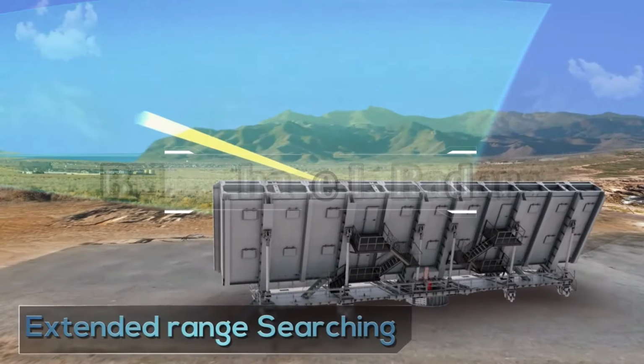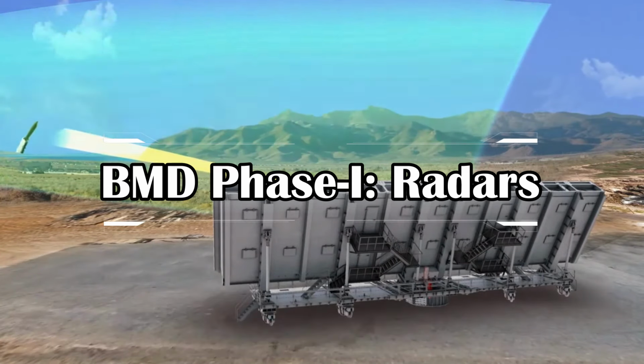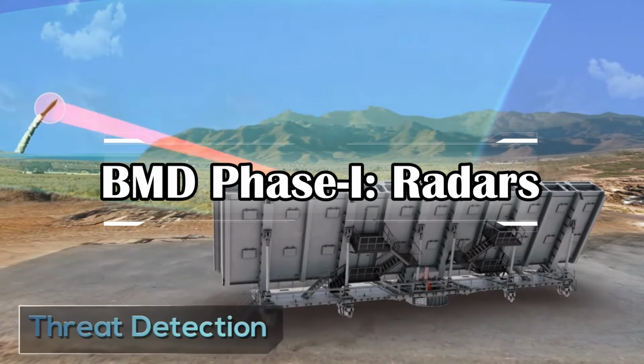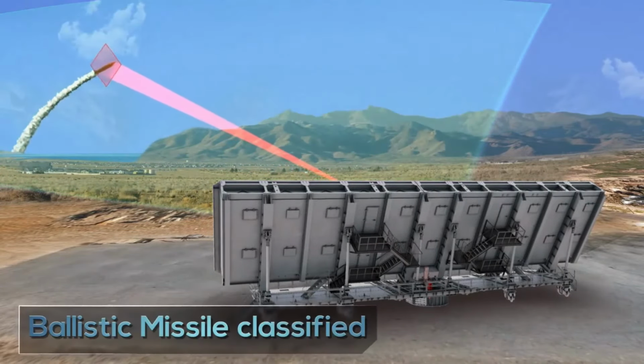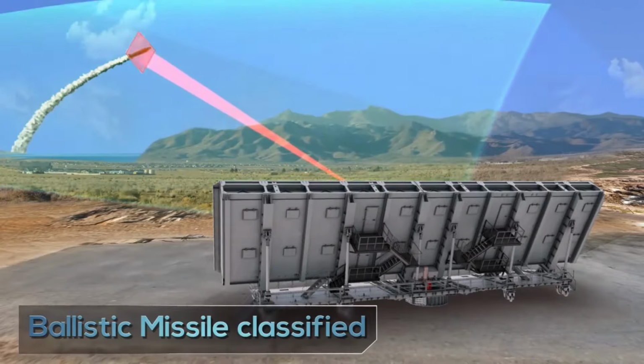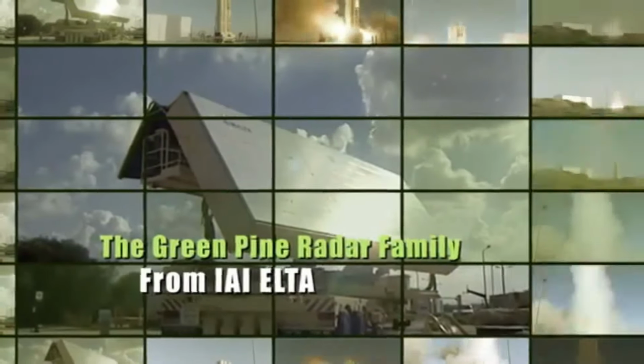Now, talking about the major component of any ballistic missile defense system, it is going to be its very long range radars, which can detect ballistic missile launch from 1,000 kilometers away. These types of radar generally operate in L-band. To begin with, India has imported two phased array Green Pine radars in 2002 and 2005 from Israel, which is